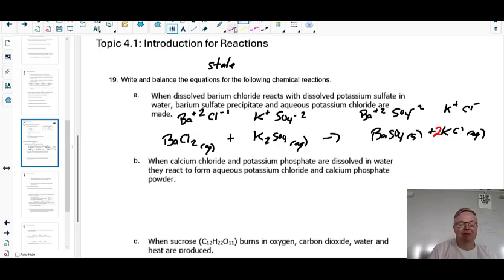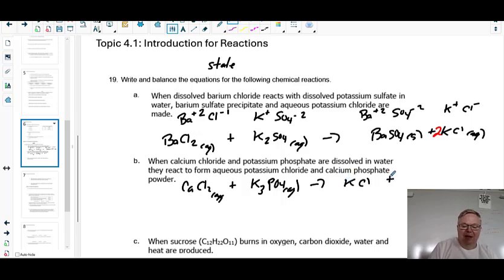Same process. So we got calcium chloride, which reacts with potassium phosphate. Potassium's plus 1 and phosphate's a -3, so it'd be K3PO4. Both of those are aqueous, dissolved in water, to form aqueous potassium chloride and calcium phosphate powder. So that's aqueous. And calcium phosphate powder, that's going to be